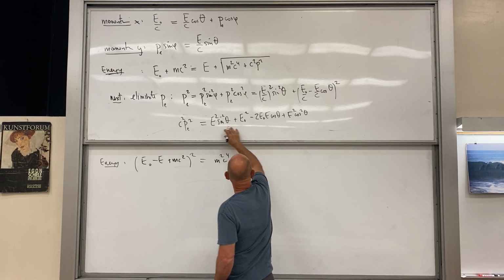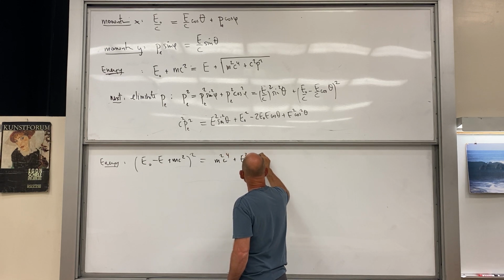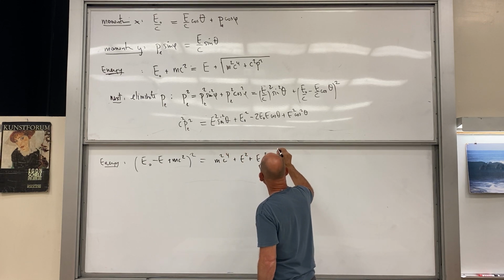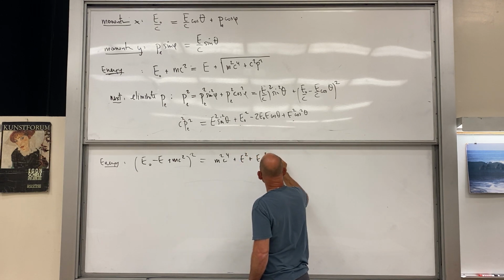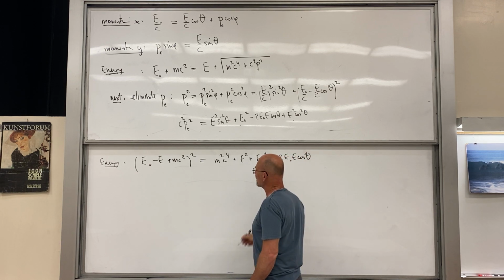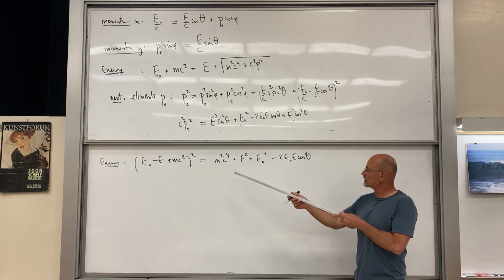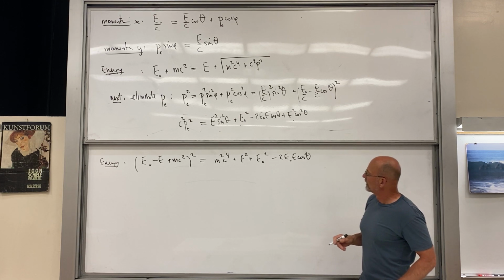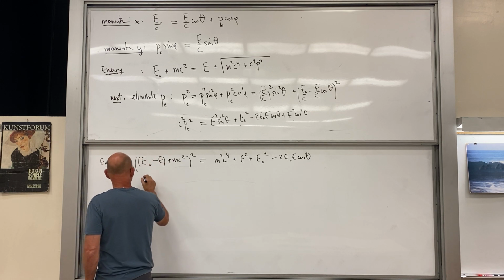So e squared plus e0 squared minus 2 e0 e cos theta. So we just have to now solve for e in terms of everything else, and see what comes out. So here, first of all, we have